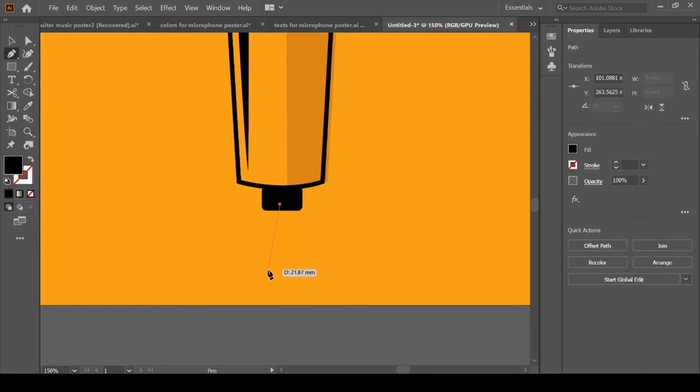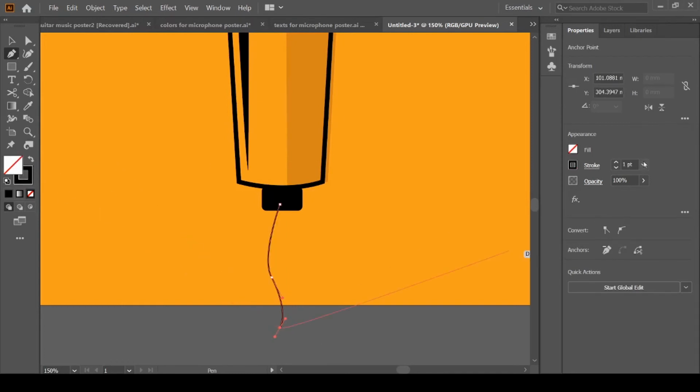Now grab the pen tool and we will make a wire. Just click and drag. Change it to stroke. We will choose a stroke of 14.